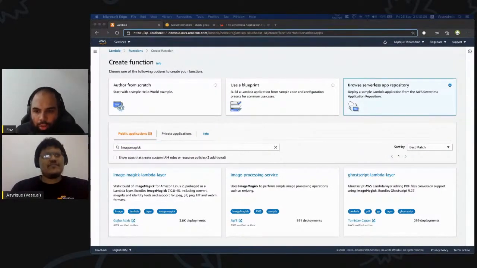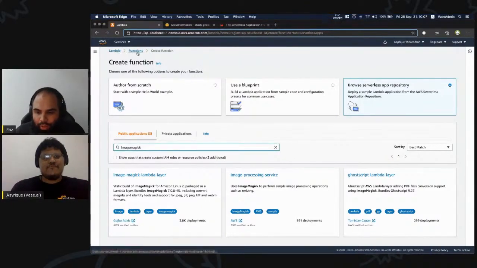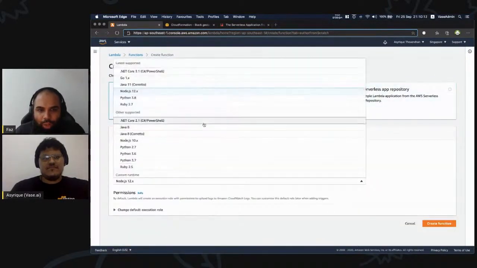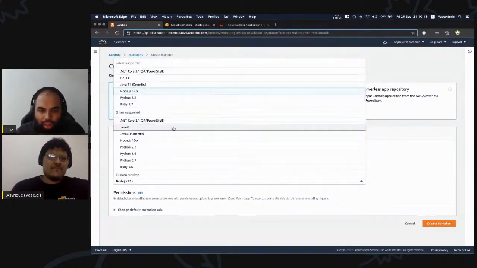I think Lambda layers as an option is useful, especially because one of the beginner mistakes, I would call it, is when folks start adding a lot of packages and libraries as part of the Lambda code. You would instead want to leverage layers so that you can avoid doing that. Plus, layers give you a centralized way to manage all of these, so that other people in your team can also share it and use it as part of the application code.